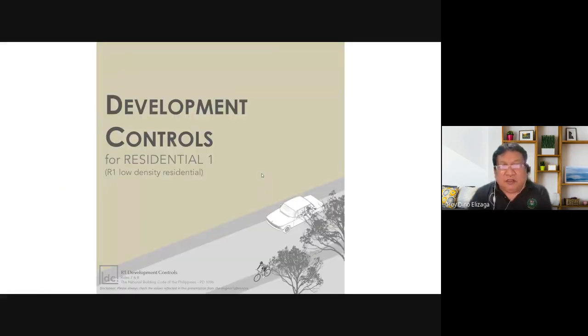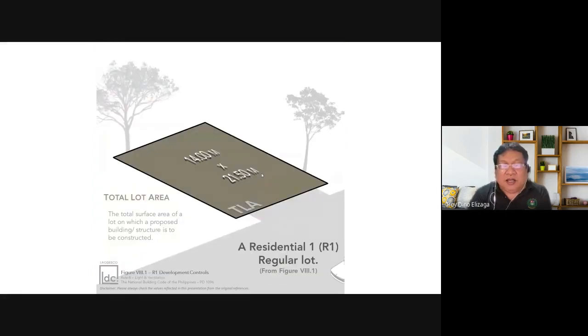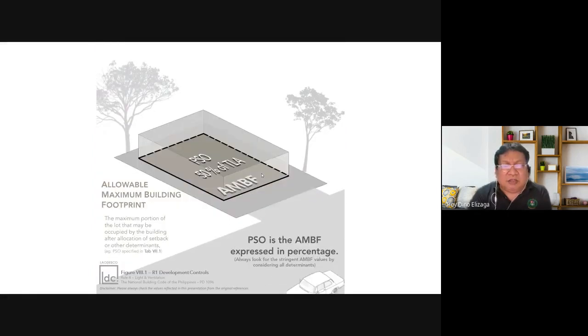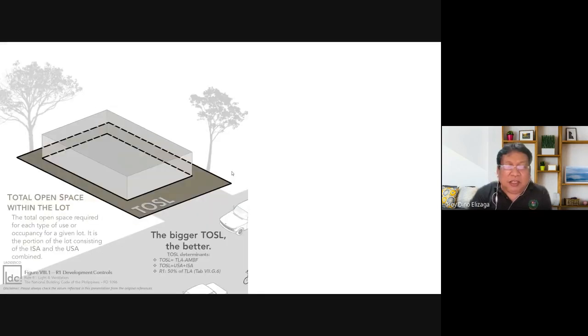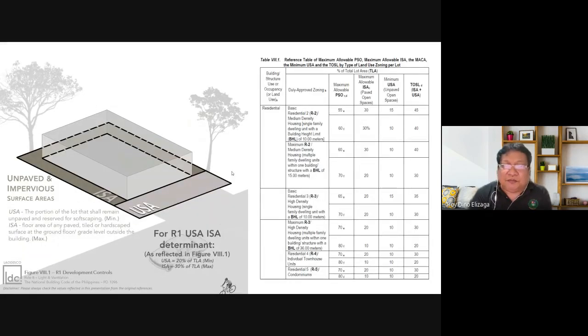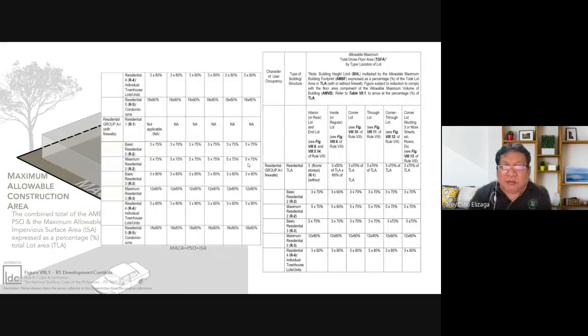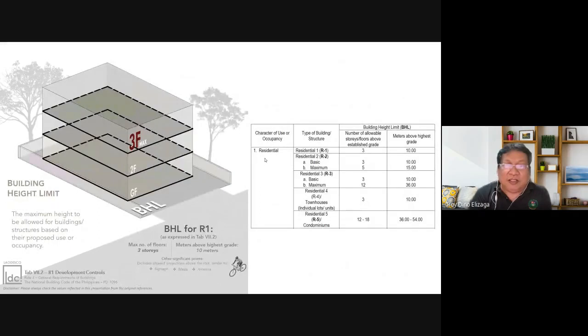And then there are even development controls. Okay, but for this one, I will not discuss it here because you can easily study it. I want you to be the one really to figure this out. So I'm already giving you a lot. But this one has to do with the maximum bulk. How high can you put your building? So there's a maximum height for the building, and that's normally something like 10 meters. I think it's somewhere here. Okay, just look for it.